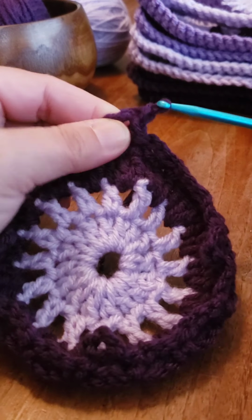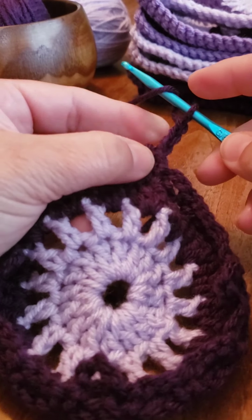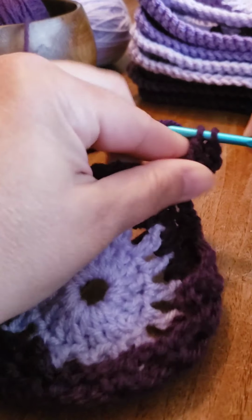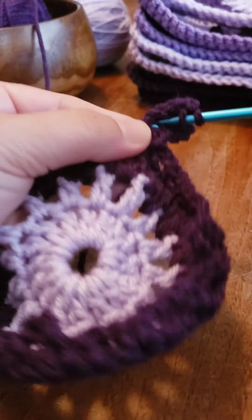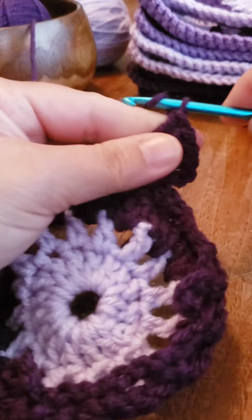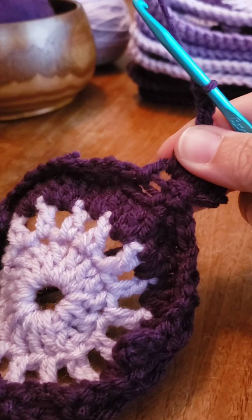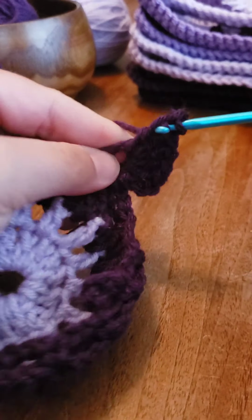So you're going to chain 3, 1, 2, 3, and then you're going to work 4 more double crochets in that same space. So there's 1, 2, 3, and 4. So that creates your 5 double crochets there, and you're going to chain 3, 1, 2, 3, and we're going to work again in this stitch here 5 double crochets. So it is into that hole there,